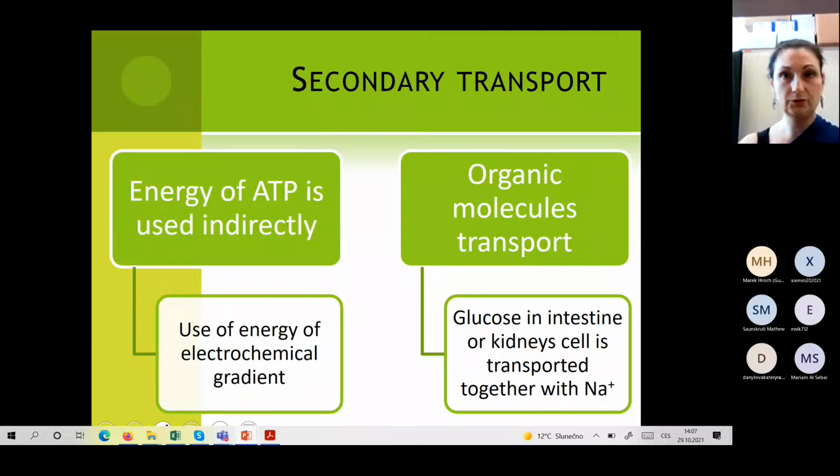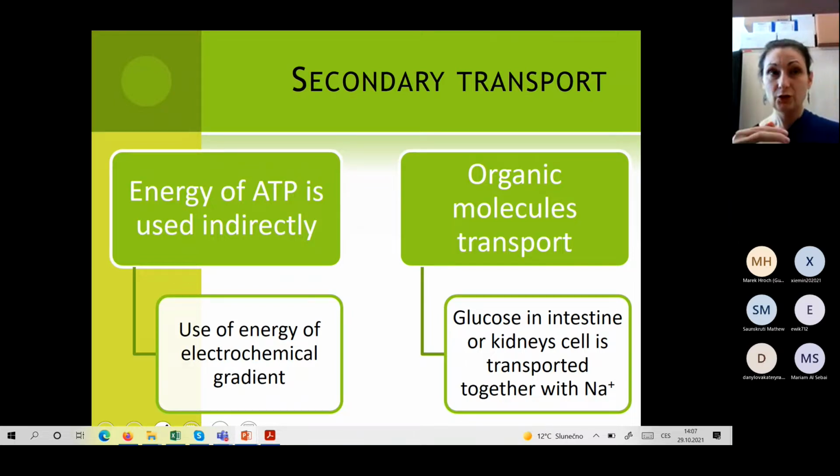Now I will just focus on the secondary transport. This is the last thing which I'm going to introduce to you right now, and after that, you will have time to fill in the test. In secondary transport, the ATP energy is not used directly for the transport. Usually the energy from the ATP dephosphorylation is used for the creation of some electrochemical gradient. Just as an example, I will create an electrical gradient by pumping protons